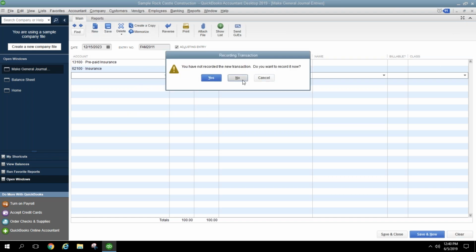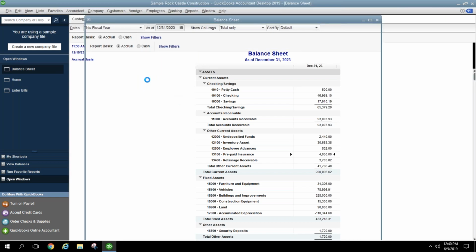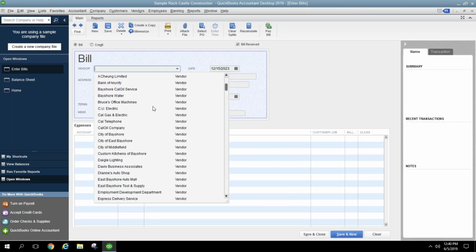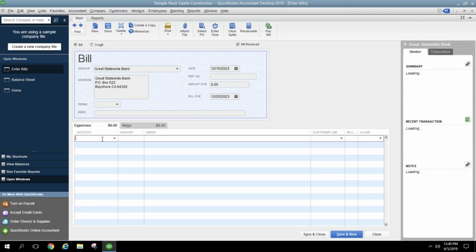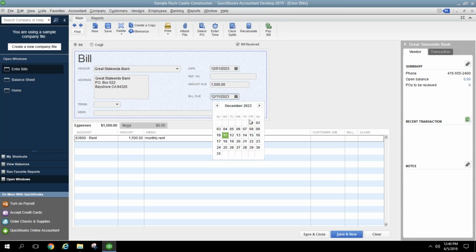You can memorize pretty much any transaction in QuickBooks. So if you've got a bill that occurs monthly, maybe for your rent, you can choose your landlord, which I'm just going to pick somebody. And your expense could be rent expense. And say it's $1,500. Monthly rent, it's due on the 1st of each month. And if I want to memorize this,